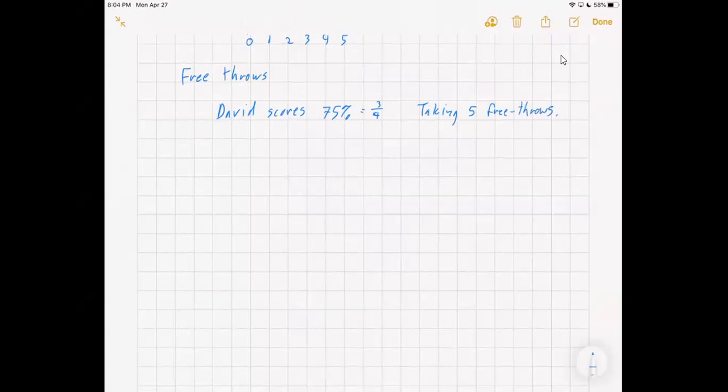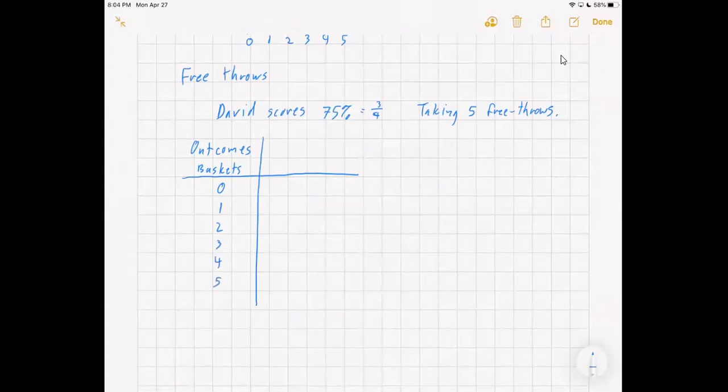All right, so if we look at our outcomes, we'll call this baskets, how many he can make. Let's call them free throws, we'll just call them baskets. It is possible that David will make 0 baskets. That would be very sad. He could make 1 out of the 5. He could make 2 out of the 5, 3 out of the 5, 4 out of the 5, or he